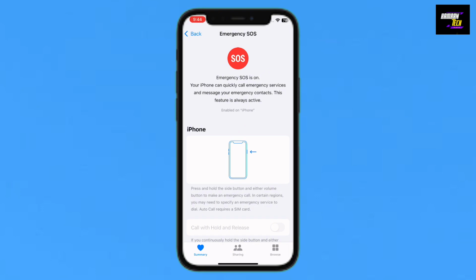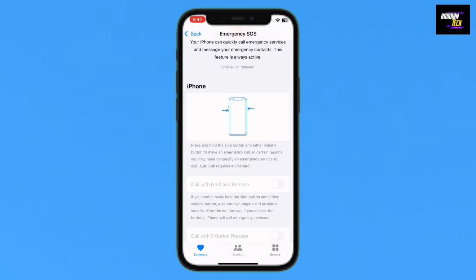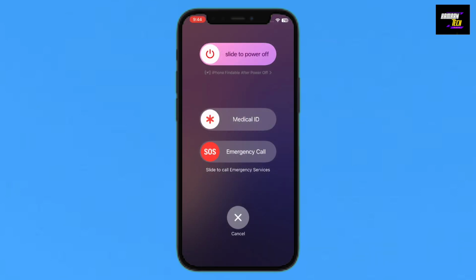Here you will see your iPhone can quickly call emergency services and message your emergency contact. This feature is always active. For example, when I hold the side button and the volume down button, here you will see the second option is Medical ID and the third option is Emergency Call